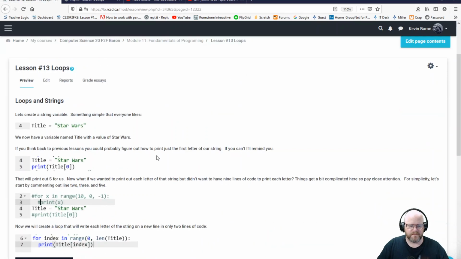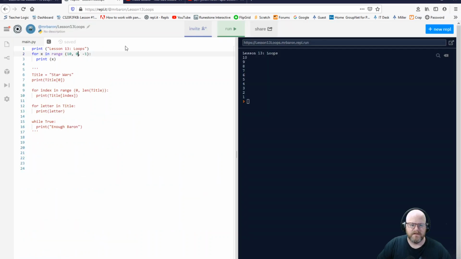Loops and strings. Now, we're going to create a title. And the one I'm using is obviously Star Wars. And I'm going to have the space in there as well. So I create this title called Star Wars. Okay, and if you think back to a previous lesson, you could probably get how to print out just the first letter of our string. Okay, and that's by using the command print title 0. Okay, so 0 is our index spot of the first letter in